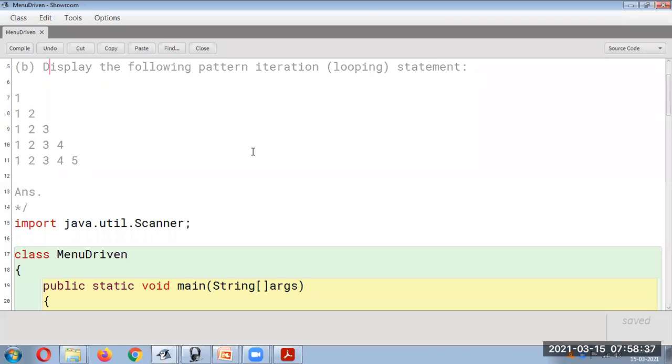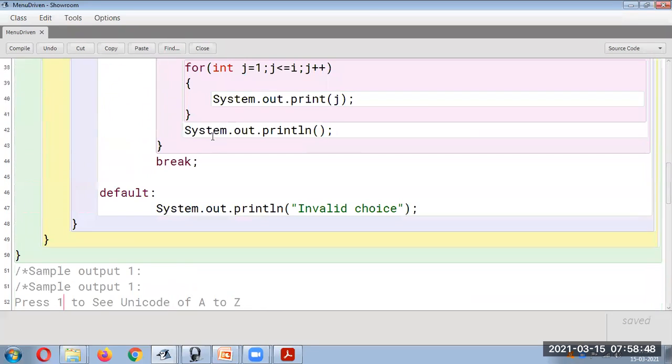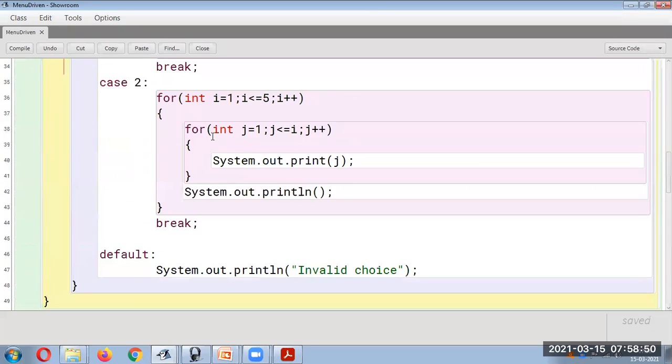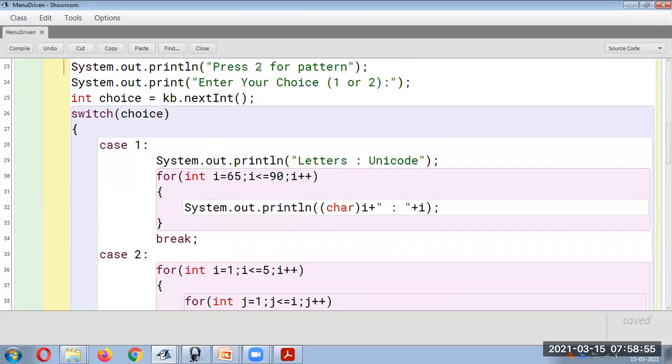Once again, I will discuss what it is. This program is a very simple program where we are having three cases. First case to display A to Z, second case to display a pattern, and third is going to be your default case. There is no need of writing break in this. It's a very simple program. Let's go to the next program,